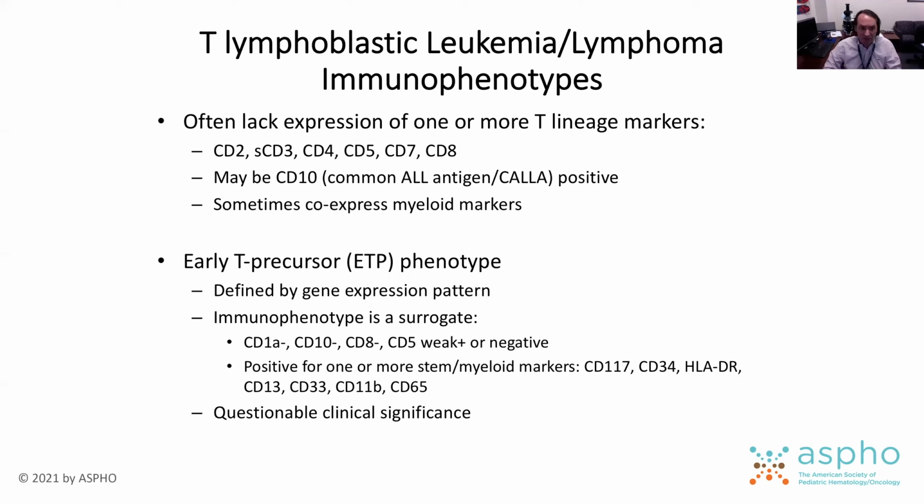And the surrogate immunophenotype is a T-ALL that's CD1a negative, CD10 negative, CD8 negative, CD5 weak or negative. And it's often typically positive for one or more stem or myeloid markers, including CD117, CD34, HLA-DR, and other myeloid markers. However, unlike a mixed phenotype leukemia, these cells should not be positive for